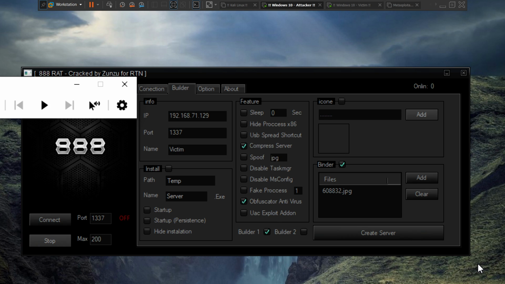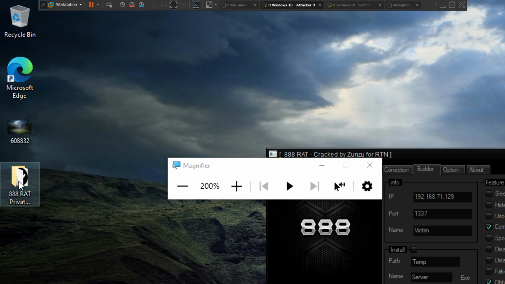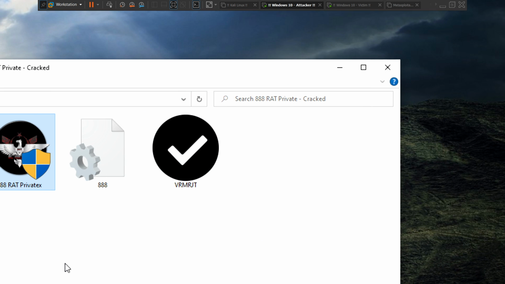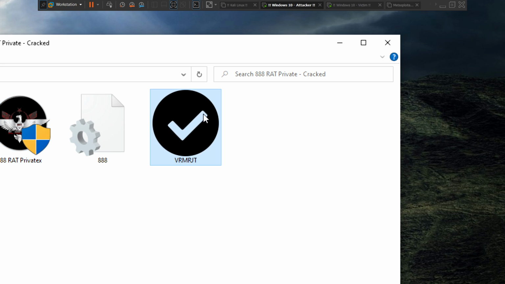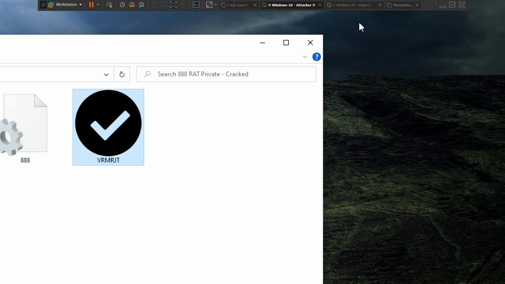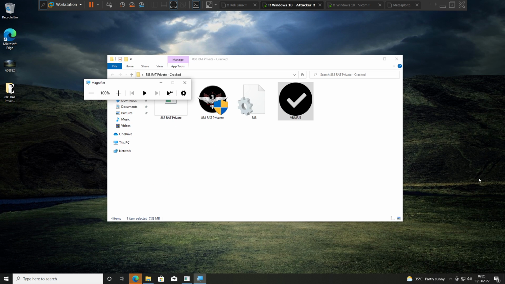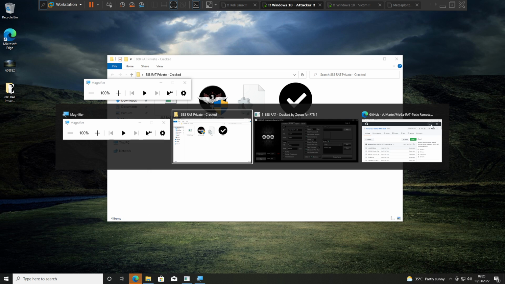I am going to bind my malware with an image file, and then let's go with create a server. If you want, you can create your malware easily, and you can also directly add them into your startup. This is the malware. Done. Now, all I'm going to do is send this file to my victim. To send the file, you can use your Python server, pen drives, a website, whatever you like. You can send it with emails as well. It's completely your call, right?